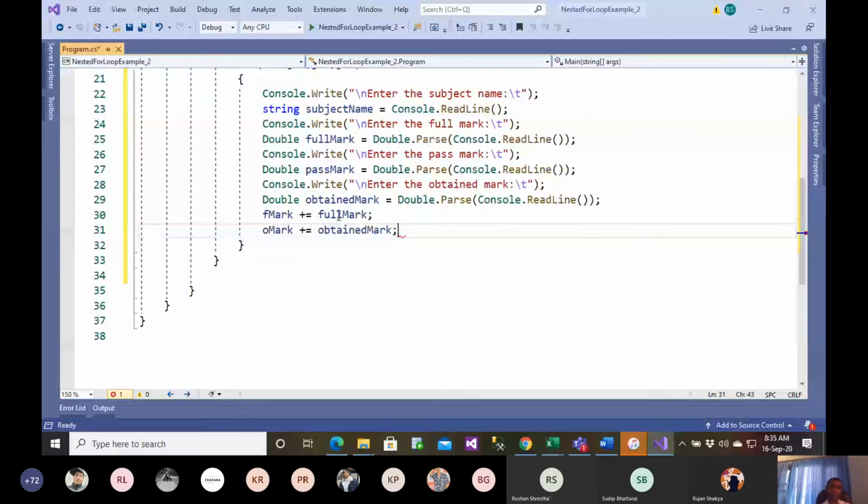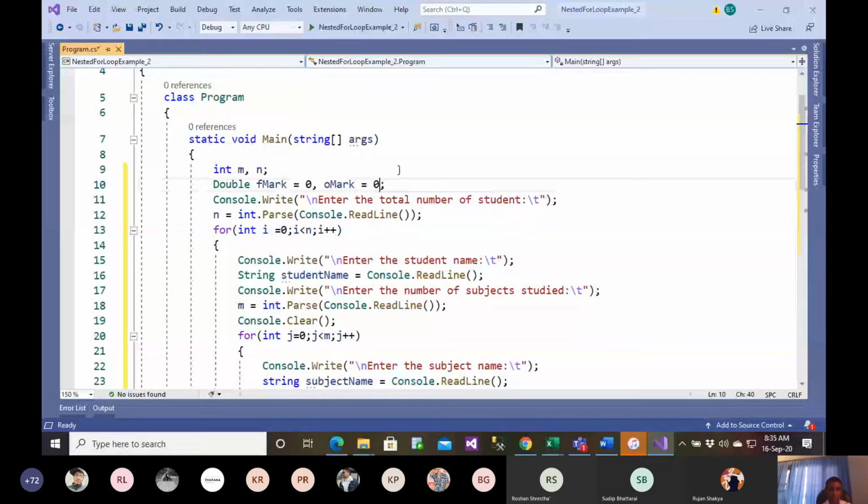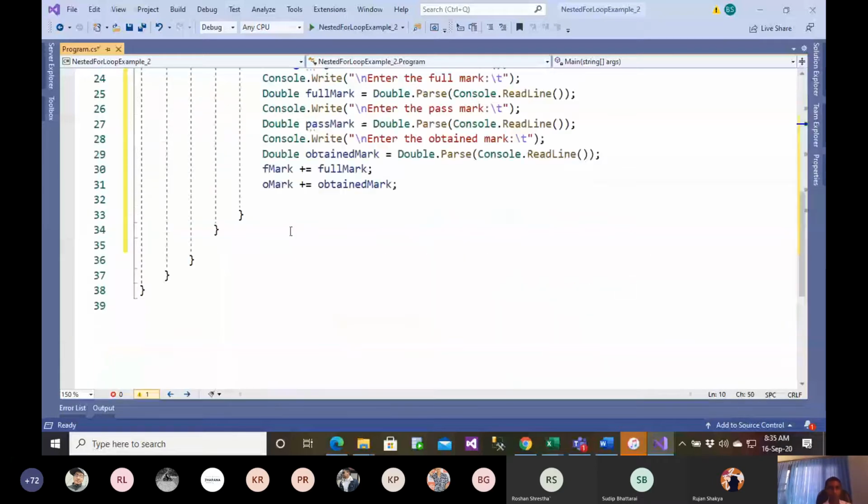I need a percentage. So let me also define percentage somewhere here. Initialize to 0 here. Let's say percentage is to be calculated equals to f mark into 100.